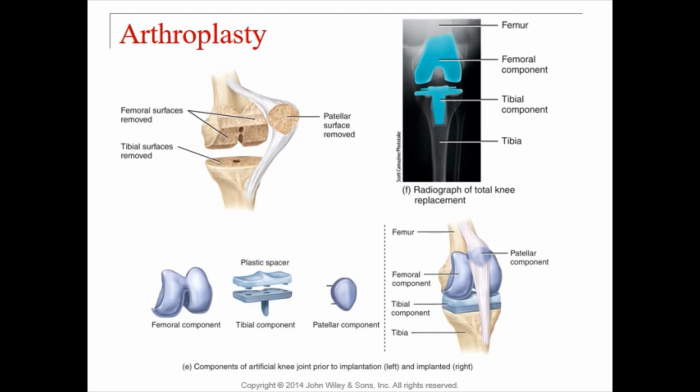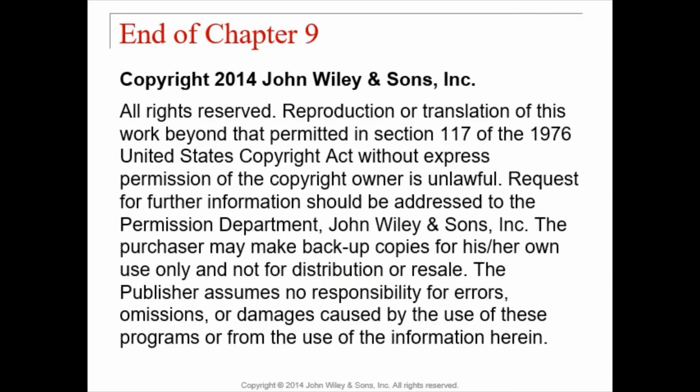But we can make artificial versions of a lot of the things we see, like in the knee. If you had to replace a knee, what's really going on? If you had arthroplasty on your knee, what's going on? Well, remember, in your knee, you could lose the hyaline cartilage and bone is going to begin to grind against bone, which will damage the bone. So if you have to replace the knee, you're going to have to shave away some of the bone in the knee. Mainly shave away the top of the tibia, possibly the back of the patella, and the inferior portions or the distal portions of the femur. And they'll just screw in artificial versions of all those things. And grandpa or grandma has had